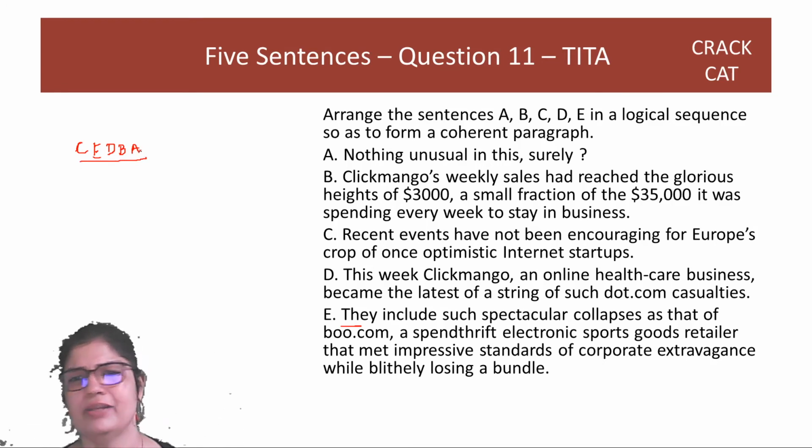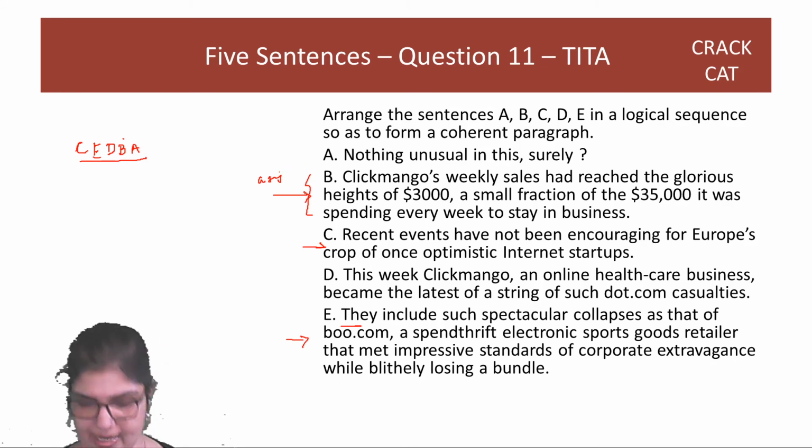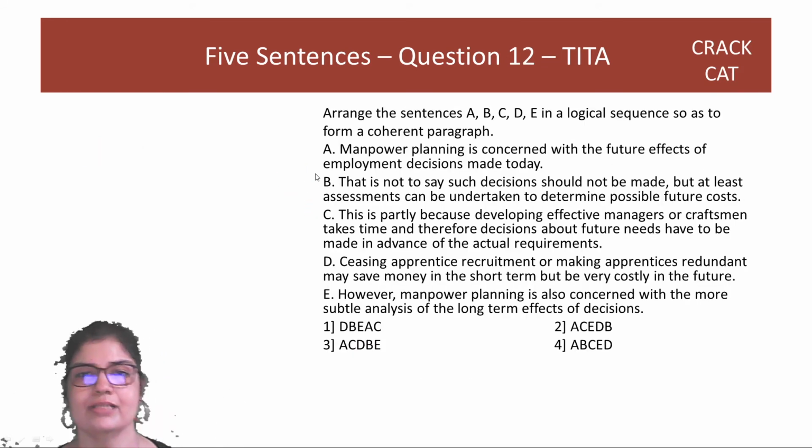Surely A cannot come anywhere else, guys. Right? So in this, you're talking about a single event. Single event comes only in this context. Otherwise, here it is recent events. Here you are just giving an example. This is where you're talking about a particular single event. So A has to follow B. Right? Great. Let's look at the 12th one.